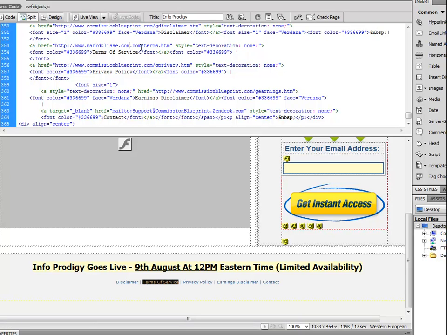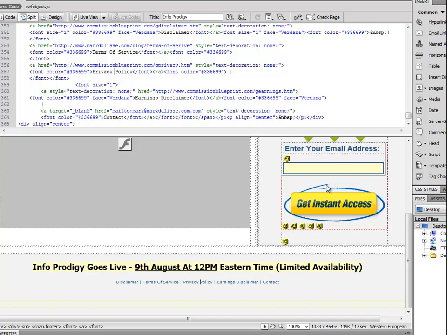markdulisse.com/ I think I have a terms of service on my blog. I can use that. I think that's my web page there for terms of service. So you can replace all the links on the bottom. You can put in your contact. Right now it's mail to Commission Blueprint, but I can put mail to mark@markdulisse.com. So, okay, you want to replace all the footer links with yours, and you want to look at